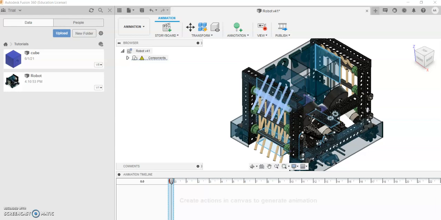In today's video, I'm going to cover the basics of animation in Fusion 360, a CAD software which we covered